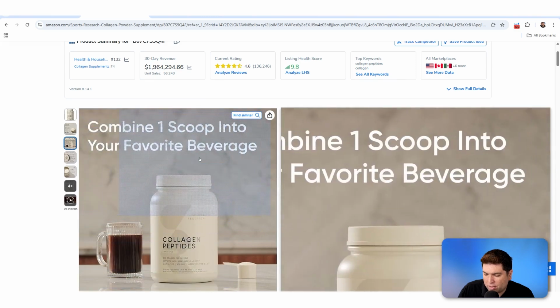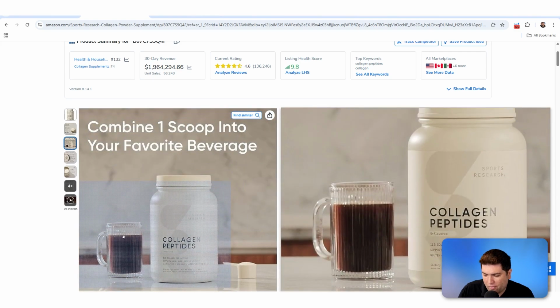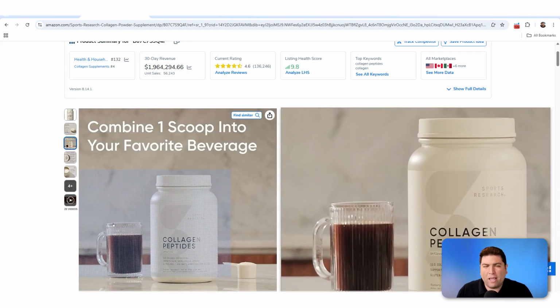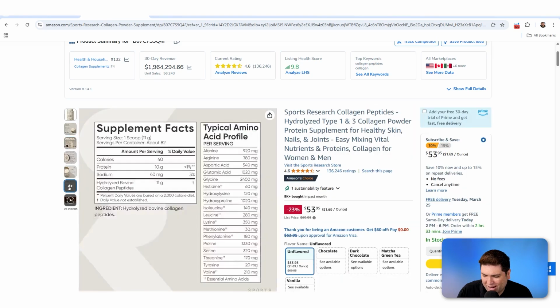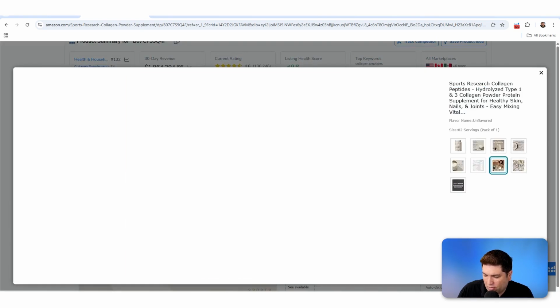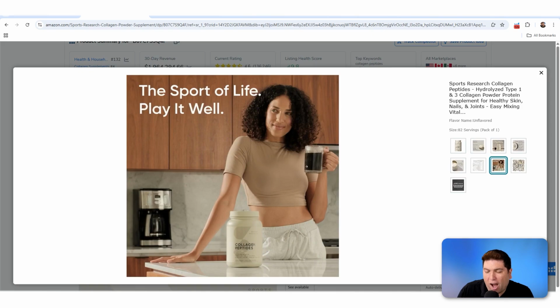Combine 1 scoop into your favorite beverage, and they show a cup of coffee right here. I used to make a joke 7 years ago when I would throw this product and a few others under the bus and show in presentations all over the place, "Look at this. This is the top selling collagen peptides," and they don't do this. Then they must have been listening, and actually, I do think they're Helium 10 customers, but 4 years ago, all of a sudden, all these top collagen peptides started adding these images, and then, oh, here's another image, look at that, showing the coffee machine,